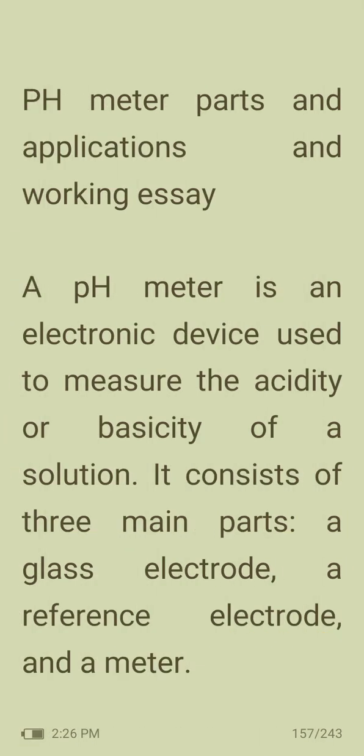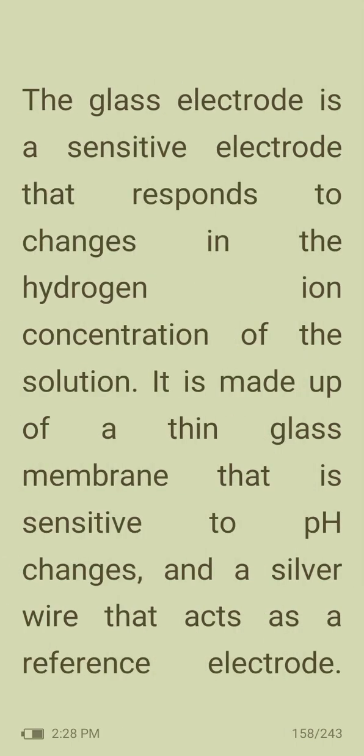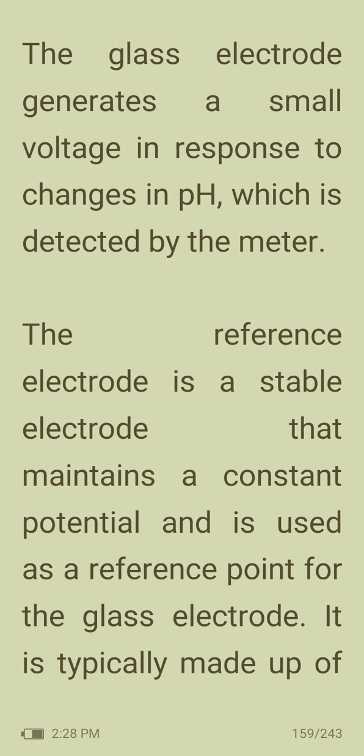pH meter, parts and applications and working. A pH meter is an electronic device used to measure the acidity or basicity of a solution. It consists of three main parts: a glass electrode, a reference electrode, and a meter. The glass electrode is a sensitive electrode that responds to changes in the hydrogen ion concentration of the solution. It's made up of a thin glass membrane that is sensitive to pH changes and a silver wire that acts as a reference electrode. The glass electrode generates a small voltage in response to changes in pH that is detected